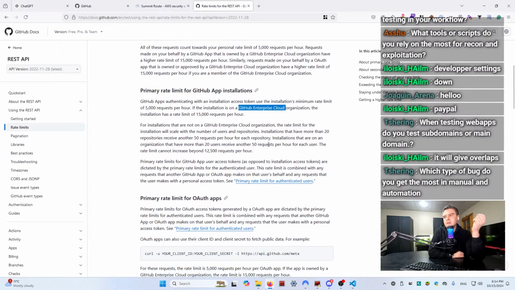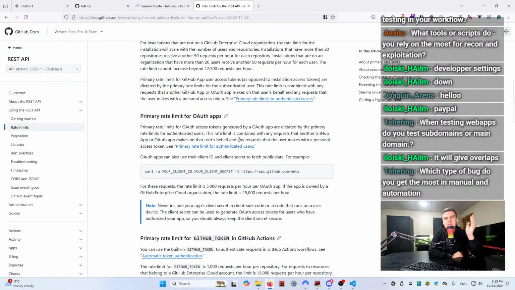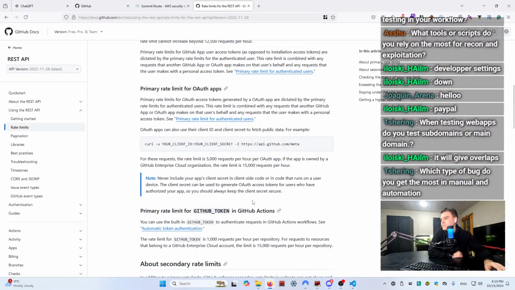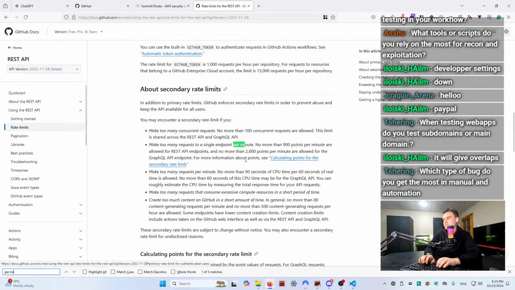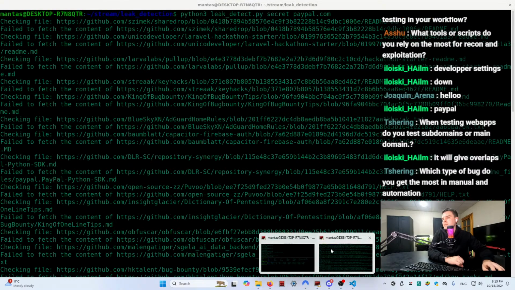But there are limits per hour, and there are limits per 1 minute, like how many requests you can send. And definitely my script was sending way too many requests, and I was basically missing out on many potential vulnerabilities. So yeah, per minute, no more than 2 points. Okay,